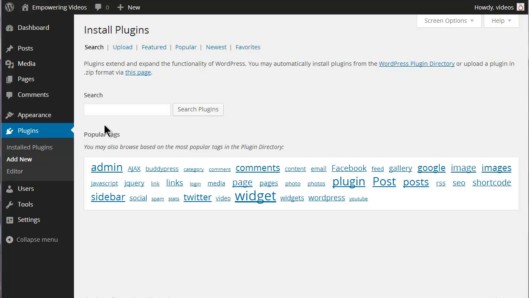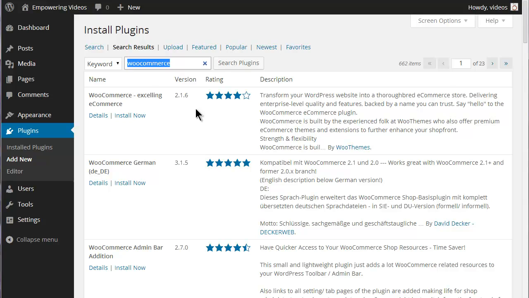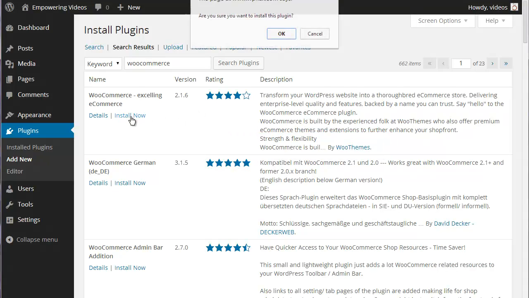Now we'll install the WooCommerce plugin. The WooCommerce plugin is installed like any other plugin. Navigate to the Plugins admin menu and the Add New screen. Enter WooCommerce, no dashes, in the search box and click Search Plugins. It should be the first plugin on the list. If not, find the WooCommerce by WooThemes and click the Install Now button and follow the directions to activate